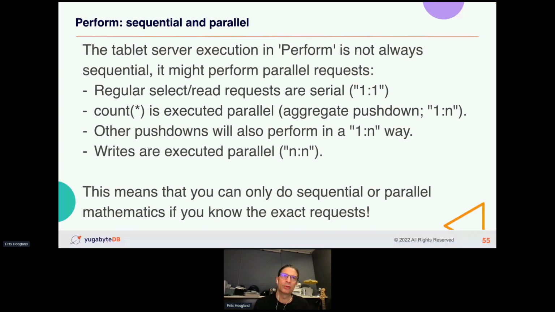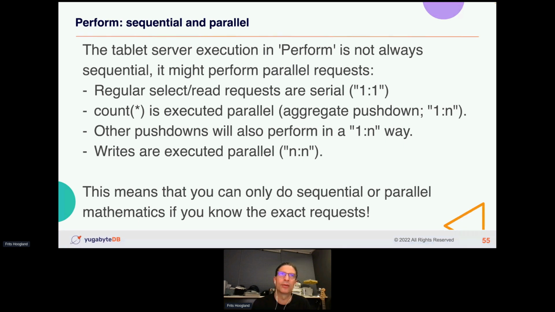The probable reason for that is because at write time, it's yet unknown where the row will end. I'm not 100% sure about that. I need to read the code to understand how that exactly works. But that's probably the reason, but they could potentially be sent in parallel. In other words,